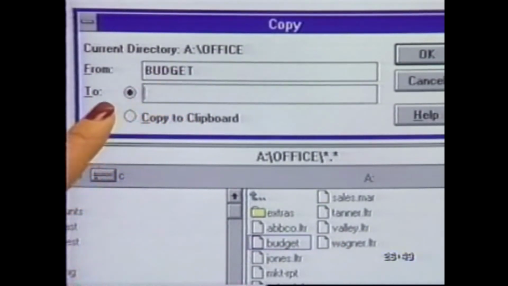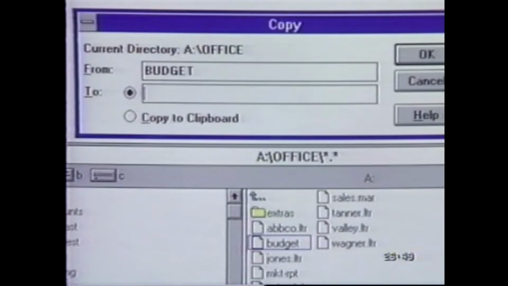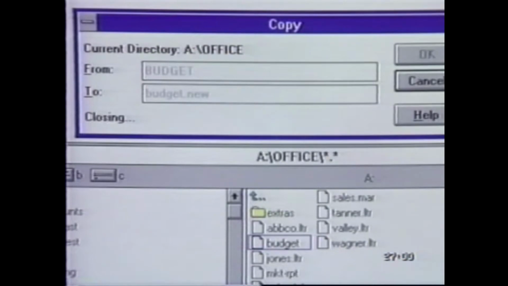Under the file name is a blank box labeled To, with a blinking cursor. This is where we type our new file name, budget.new. The new extension makes it unique from the original Budget file. We press Enter to select OK. Our new file is listed,